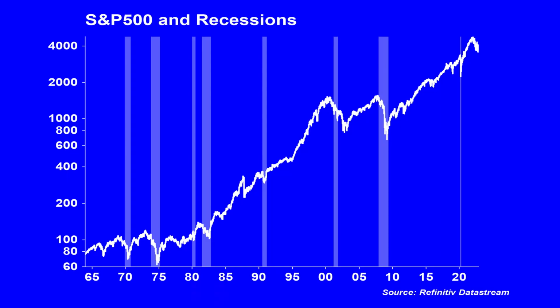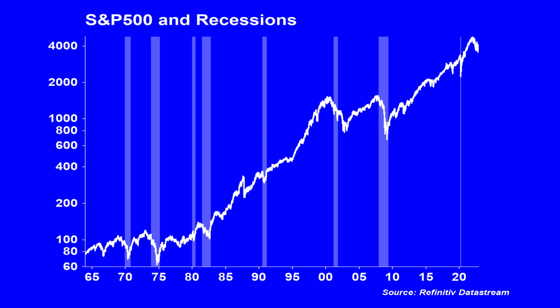And the next chart is the S&P 500, because you could be saying, well, unemployment, okay, recession, bad for households, etc., but what about financial assets? When you map the S&P onto recessions, you can see that there is a major low in the S&P, either in or just after every single recession that we've had. So if we've still got a recession ahead of us, because we've still got unemployment ahead of us, then potentially we still have a major low in the S&P ahead of us.